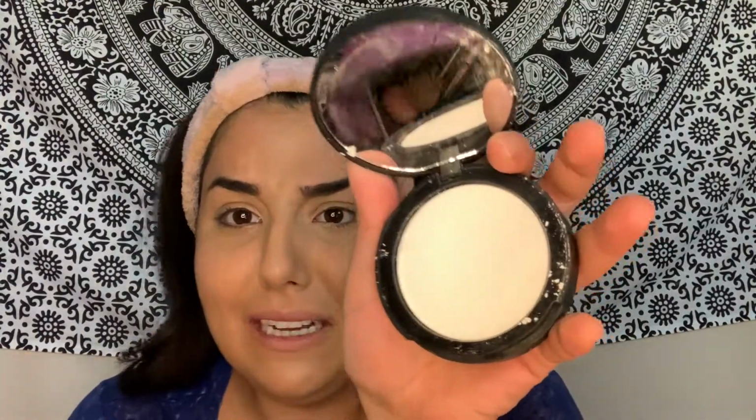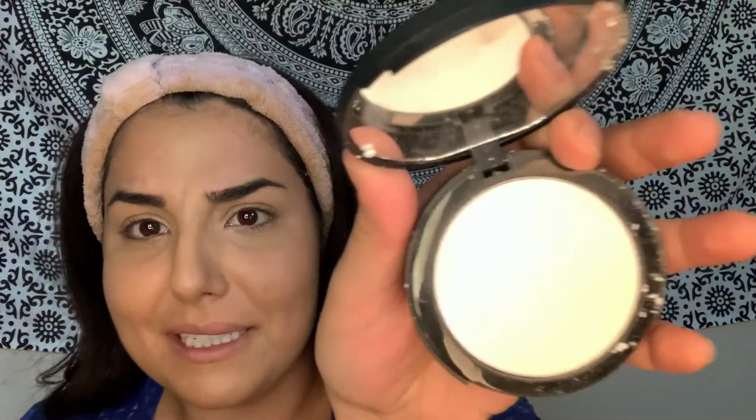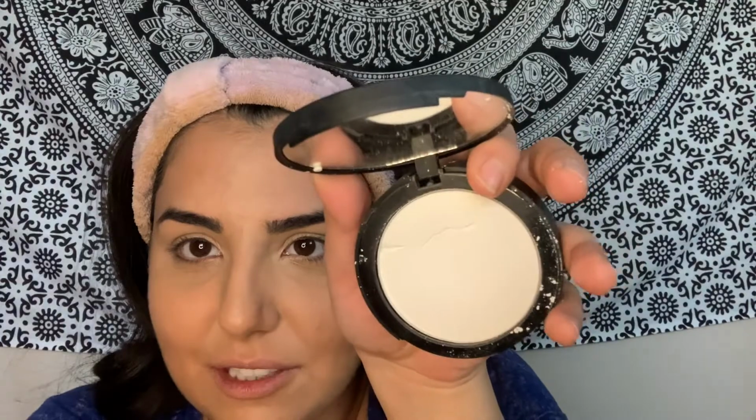which I can't find right when I need it the most. Oh no, no, when this happens. Oh my God, can you even see it? It cracked. No. Yeah, don't put your powder in your purse. Horrible, horrible idea. Although this is just e.l.f.'s